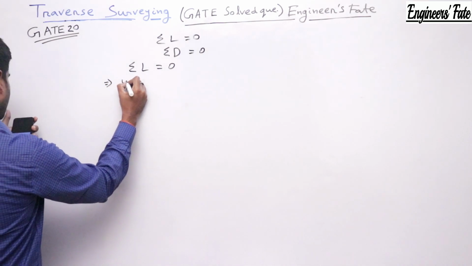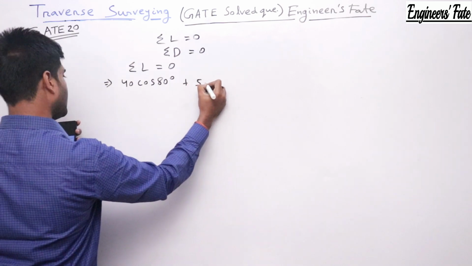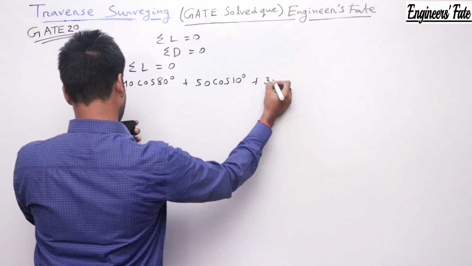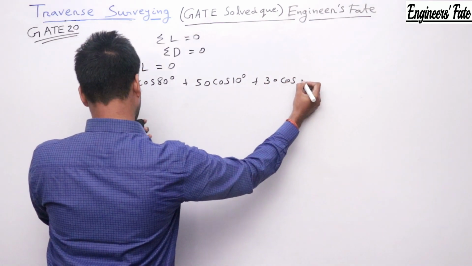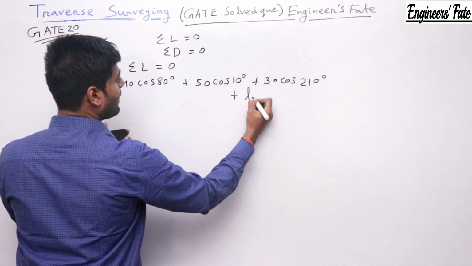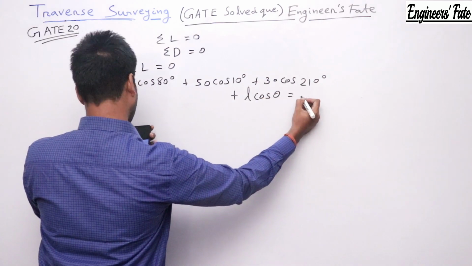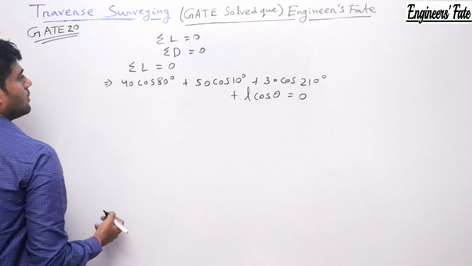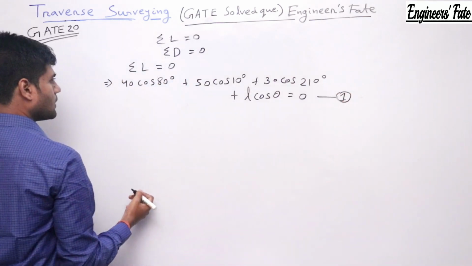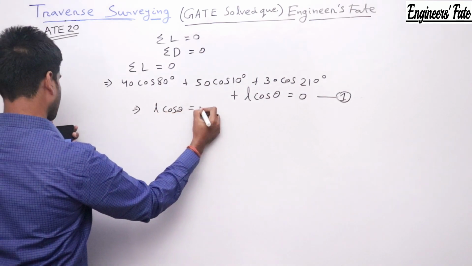Then you can see 40 cos 80 plus 50 cos 10 plus 30 cos 210. The missing length I can write as L, and the missing bearing I can represent as theta, plus L cos theta equal to 0. So this is equation 1. If I simplify, I can find that L cos theta equal to minus